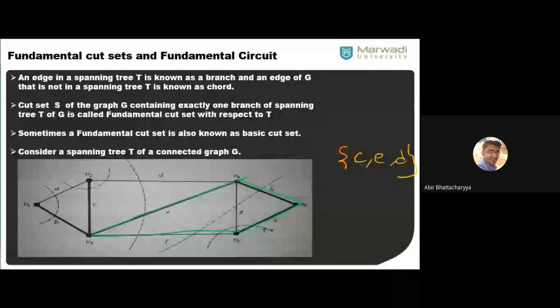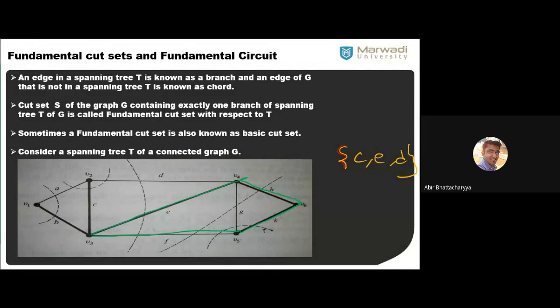How many spanning trees? That's only one spanning tree. Whatever the spanning tree is, you have to draw only one spanning tree. Any arbitrary question, draw only one spanning tree, whatever is your choice. Okay, so for just a spanning tree, there is no specific number. For any graph, there can be multiple spanning trees.